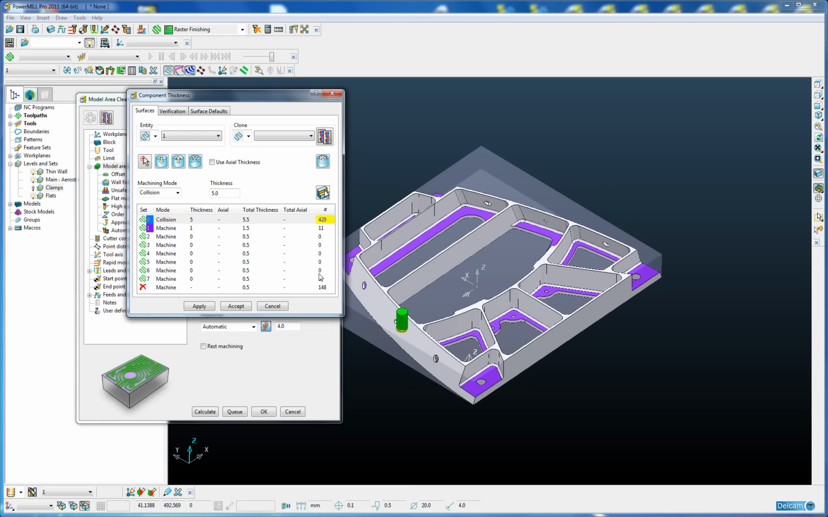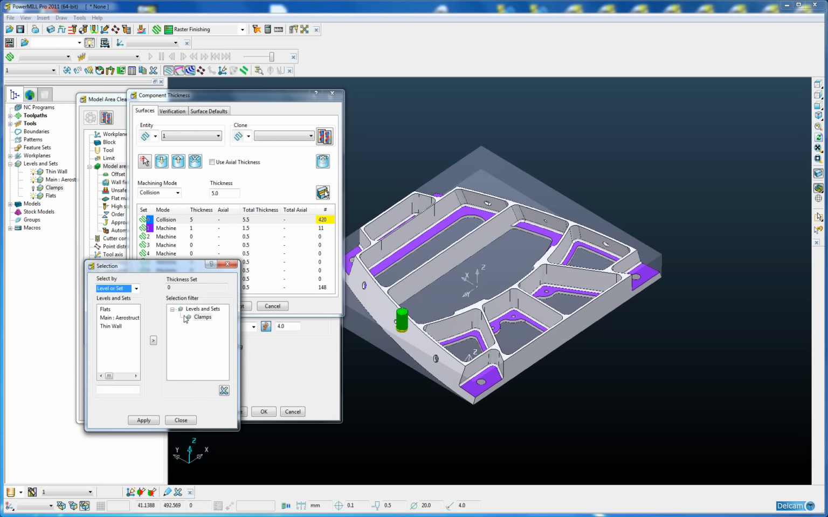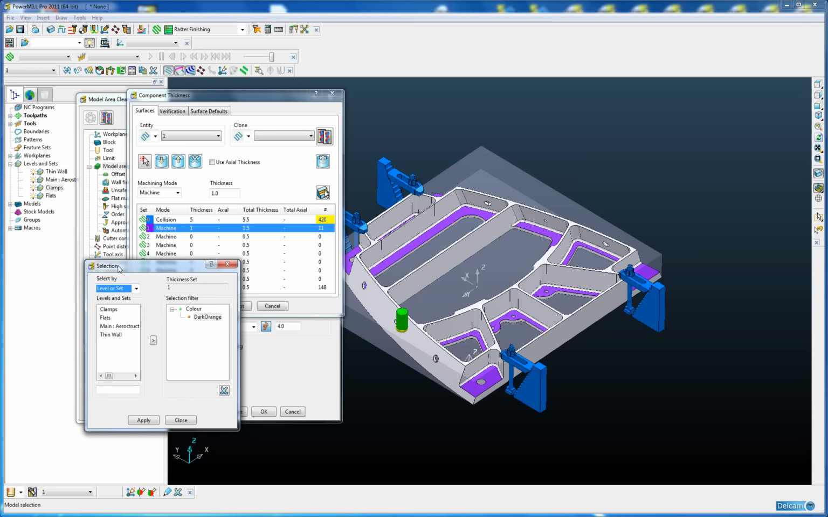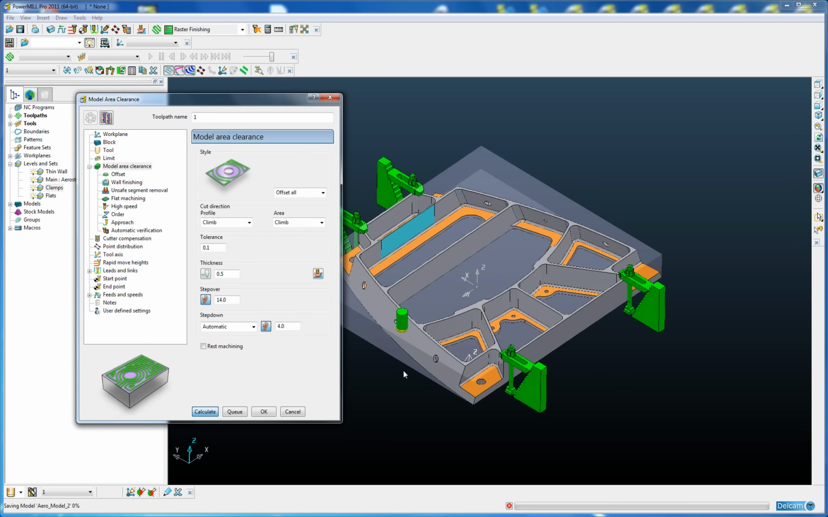If I go back into the component thickness now, you can see that it has automatically inherited the smart selection. So just to double check that, if we highlight the collision thickness set 1 and go to smart selection, you can see it's set to clamps. So all the clamps have been selected. And for component set number 2, the selection filter is set to dark orange, so all the flat bases have been selected. So if we go ahead and calculate that now,